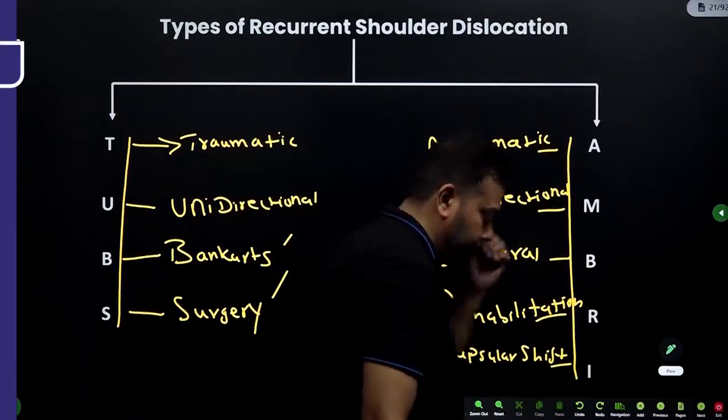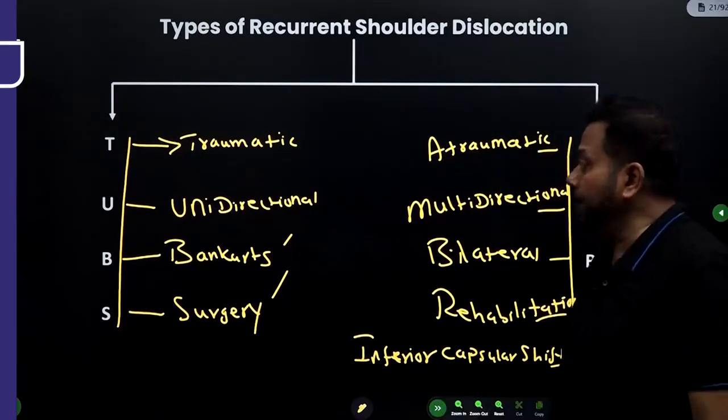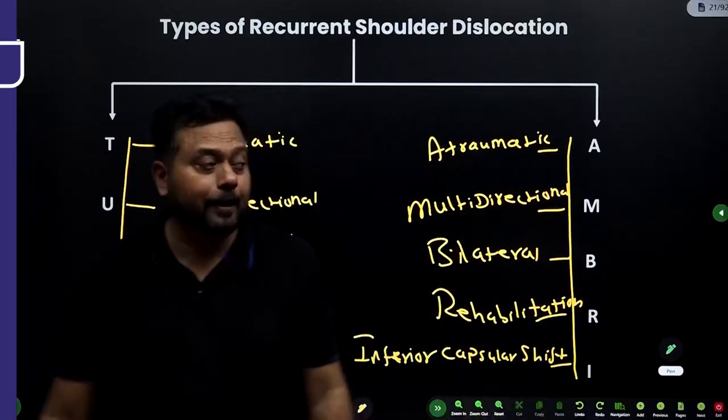I explained this. Otherwise, the patient is having a recurrent shoulder dislocation and the patient is telling the cause